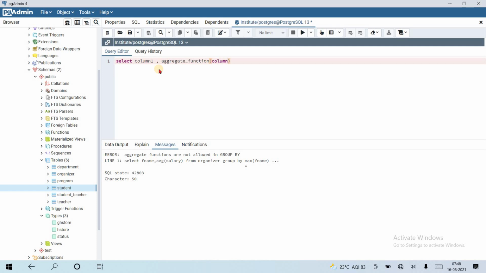Suppose column 2, from table name, and GROUP BY column 1. Now HAVING followed by a condition. Suppose some condition, HAVING and condition. That's it. This is the syntax. Okay, let's see it with the help of an example.